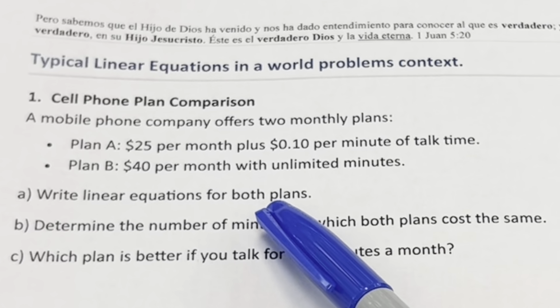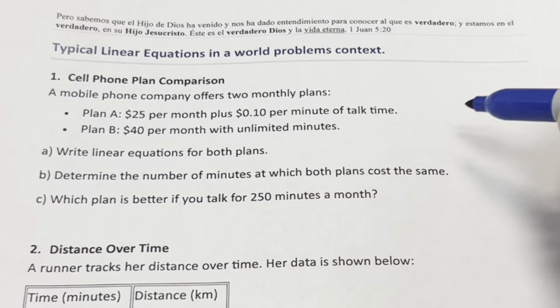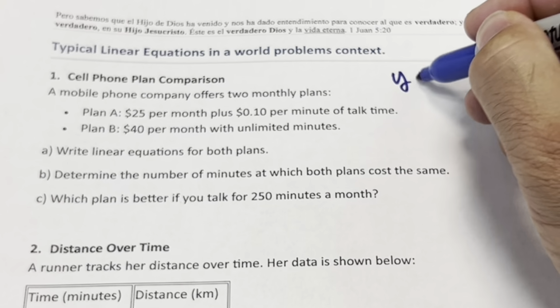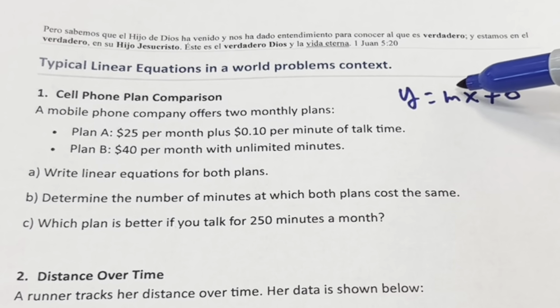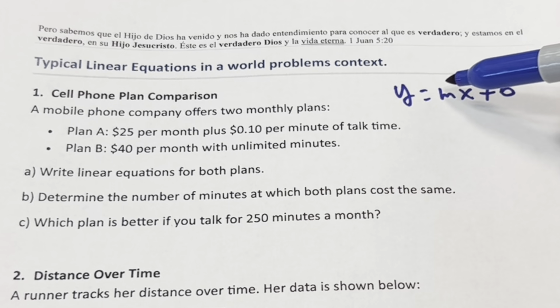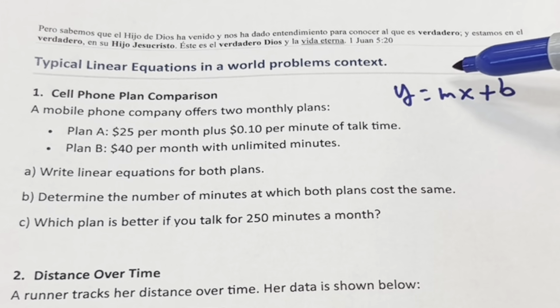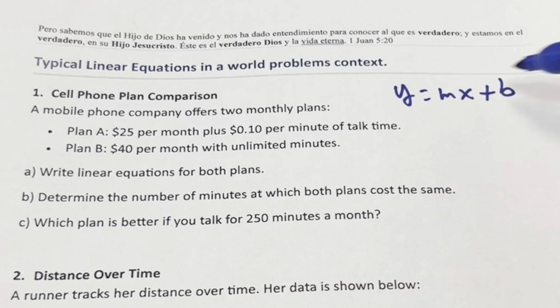Write a linear equation for both plans. Here you need to know some basics about linear equations. Remember, we have y equals mx plus b. M is the variation part. When you see a word like per, every, or per minute, that indicates a variation. That's m. And the b is the one-time fee, monthly fee, down payment for a car, things that are